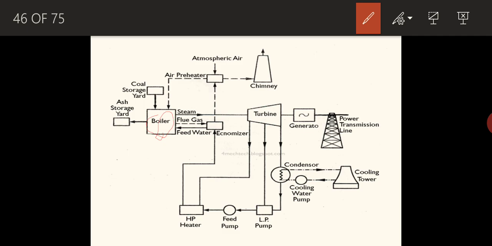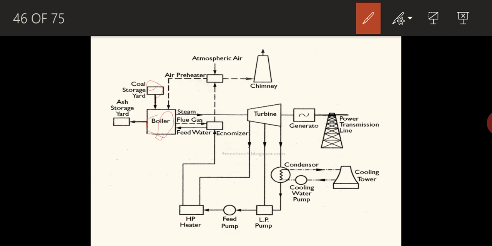So there should be a coal storage yard. You can see above the boiler a coal storage yard. From the coal storage yard, a continuous supply of coal goes to the boiler. So continuous burning of coal will supply continuous heat to the boiler. Inside the boiler there will be water at very high temperature. As the heat is given as an input to the boiler, the heat is absorbed by the water and its phase is changed. Very high steam stored inside the boiler will cause the pressure to rise. So high pressure, high temperature steam will always be there inside the boiler.